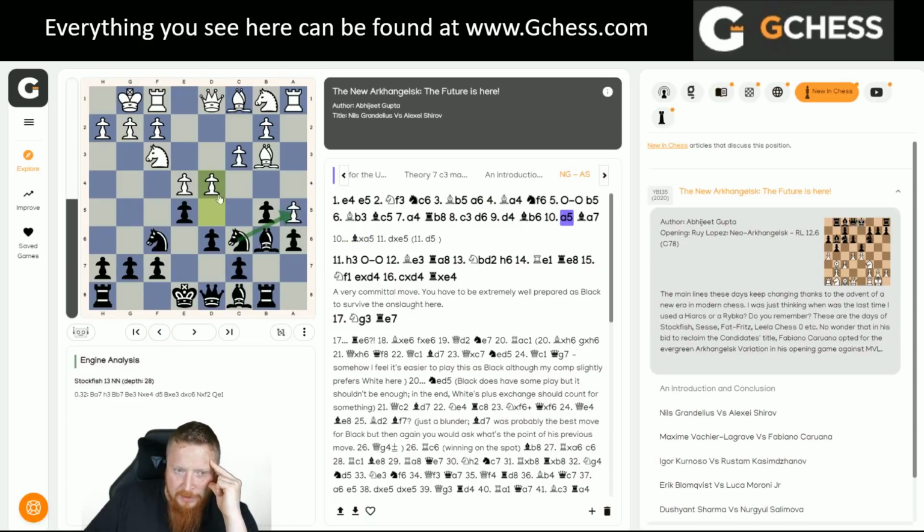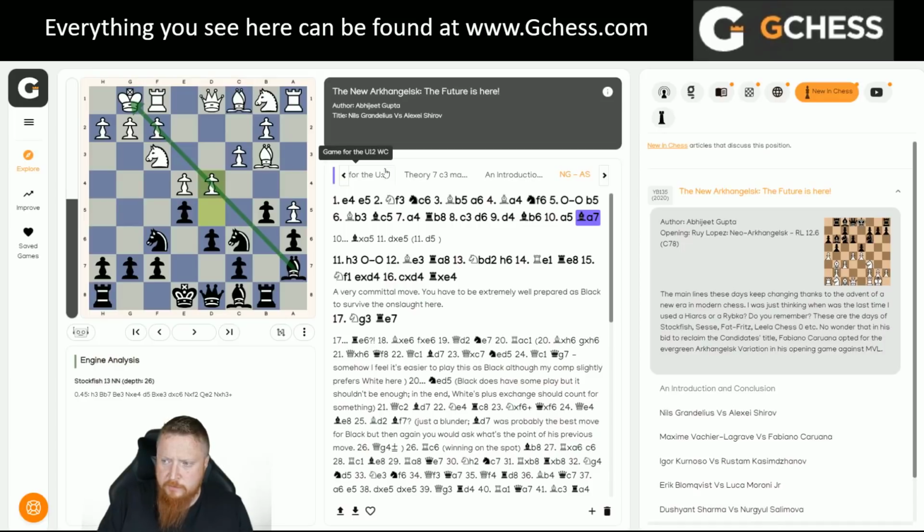Now, knight takes, it's clear that pawn takes and I lose a central pawn. I don't want to do it. But I'm also thinking, who does this move benefit, black or white? If I'm playing black, would I be happy to see this? And my first thought instinctively is yes. Why am I instinctively happy to see this? Because I'm quite happy if the queen side gets closed down. A5 is closing the queen side because I was more worried about that rook coming down and annoying me. So I'm thinking, okay, bishop A7, I still keep my bishop on this very nice diagonal here